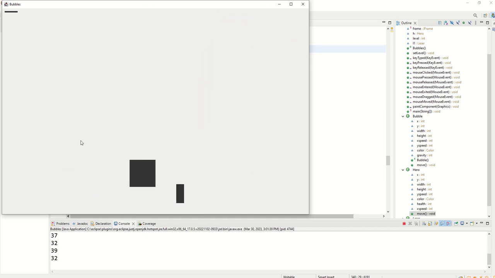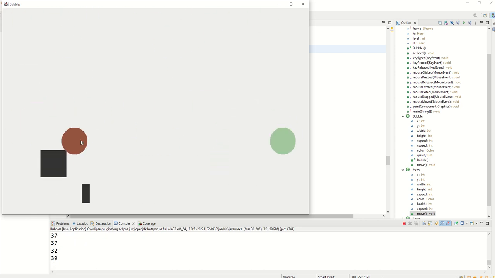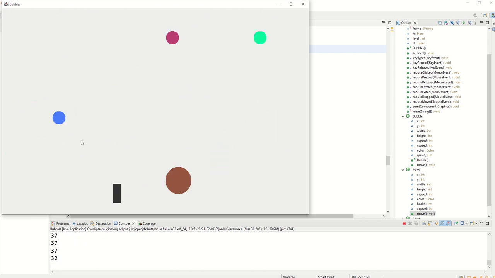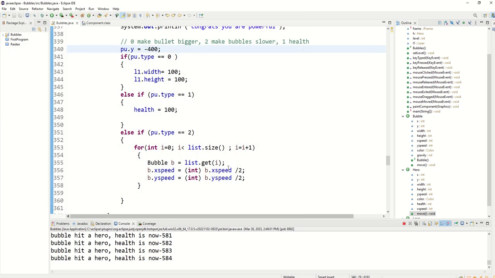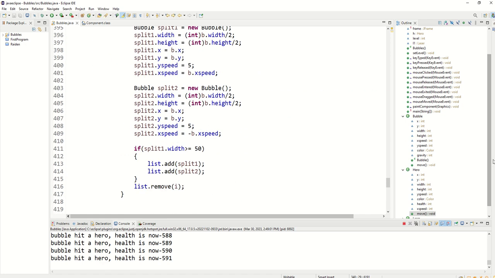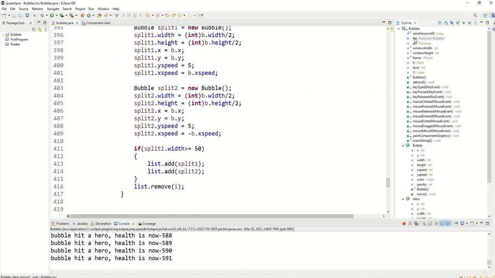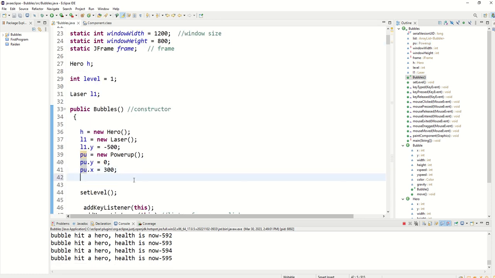Oh, one thing is we don't actually have, notice that made the bullet bigger, right? Now let's go over here and test them all because I have a type, but I never set type 1. So how would I set it, right? Well, I might say in here pu.type equals, I could say 2 just to test 2 works, test 1, or I could go Math.random